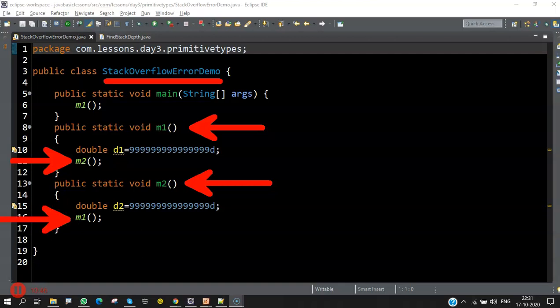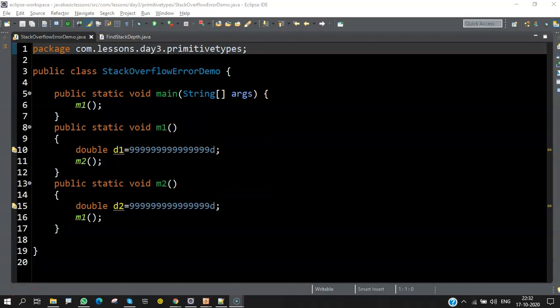So they call each other, and this is a recursive operation and goes on endlessly. I'm also declaring a double value here, and thereby I keep allocating more and more memory as they keep calling each other. At some point of time, I would expect my stack to become full, and I would get the stack overflow exception. So let's try to run this particular code.